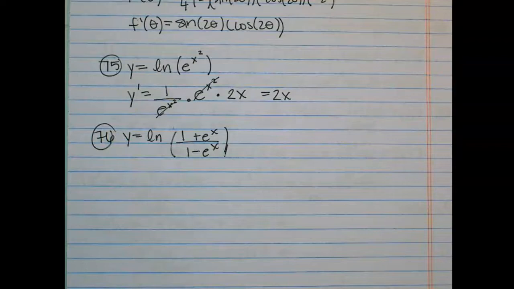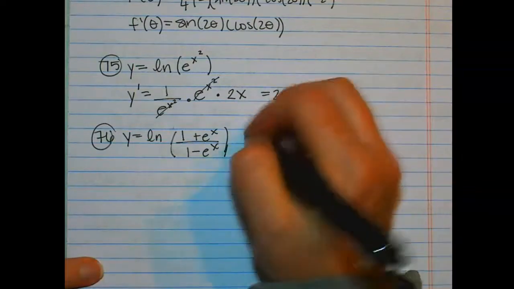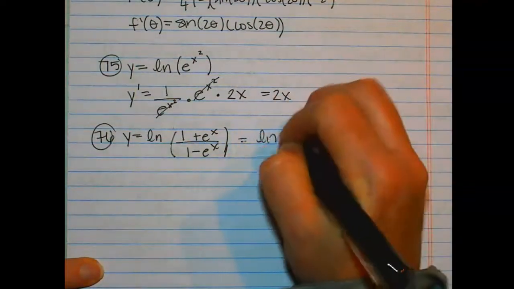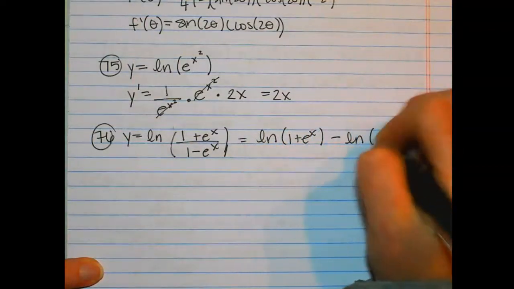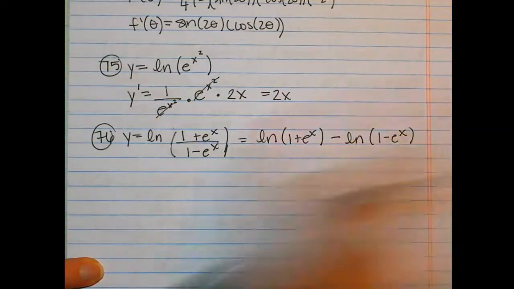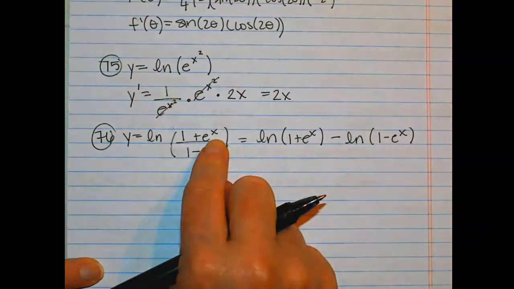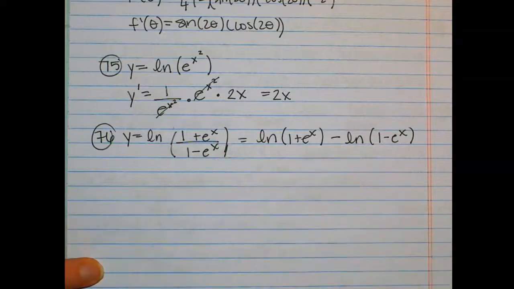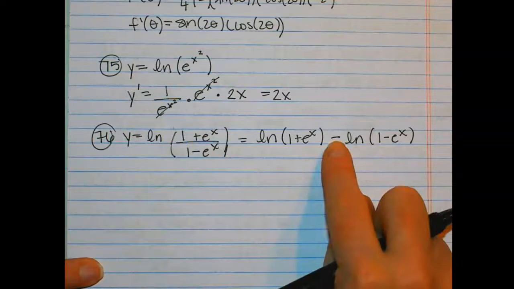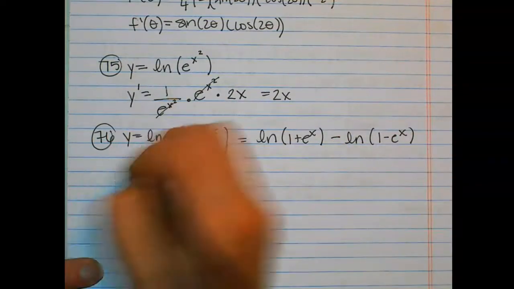All right, 76, that looks awfully complicated. Let's do that properties of natural logarithms rule and rewrite this as the natural log of 1 plus e to the x minus the natural log of 1 minus e to the x. So things on the top stay positive, and the things on the bottom have a negative in the front, because these are exponents and this represents a negative because it's division. When I take its derivative, I'm going to do them separately. So y prime